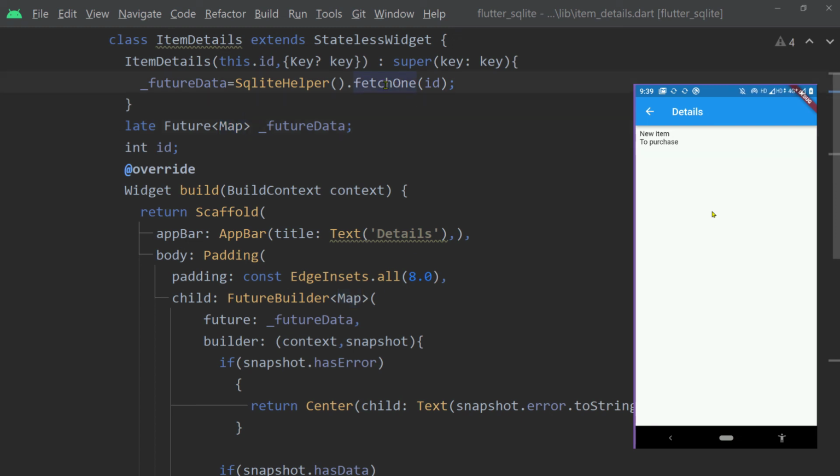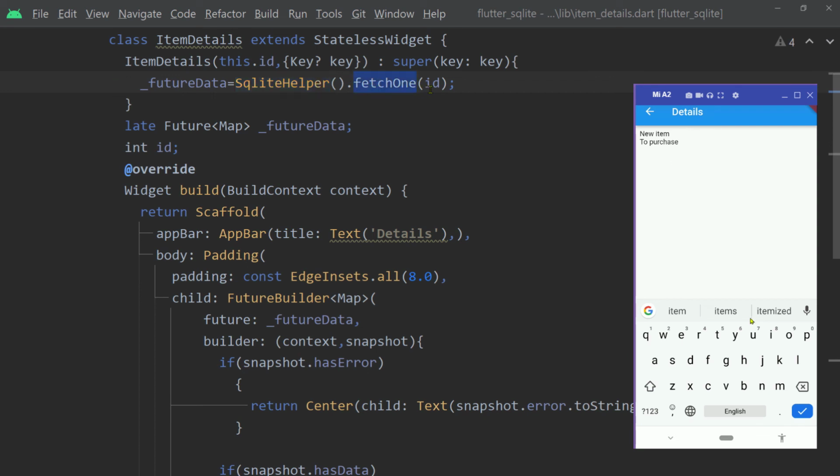So we have created this function inside our SQLite helper class to fetch one particular item, right? This returns a future of type map. For that, we are creating this field to hold that future, and inside this constructor, we are initializing it. We are creating the instance of SQLite helper class and calling fetch1, and we are passing the ID of the